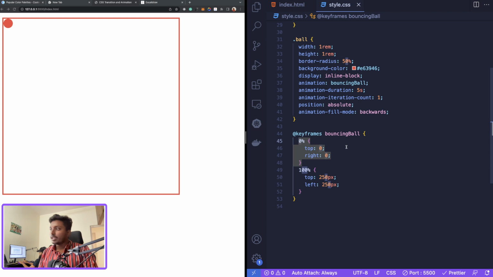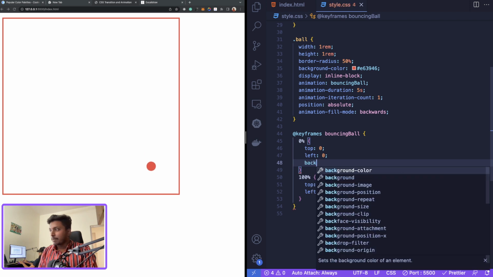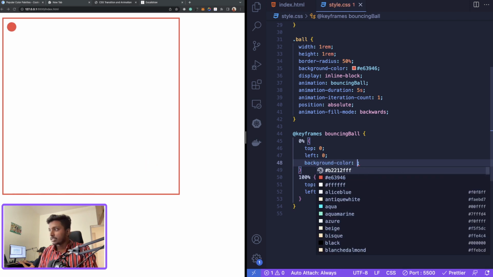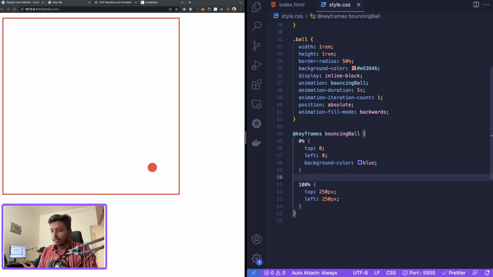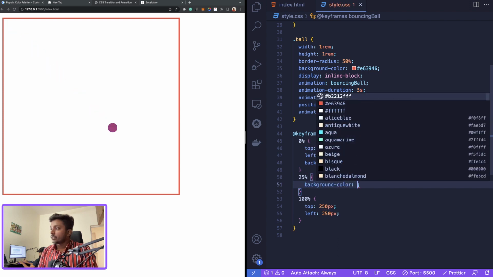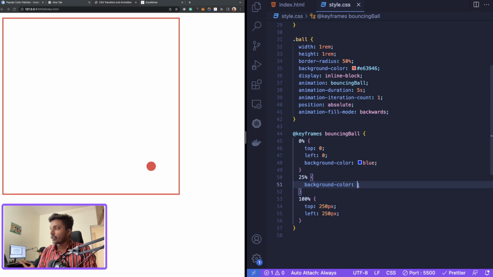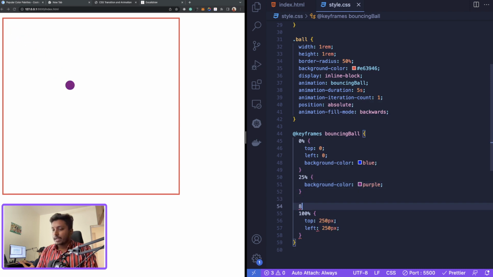Okay, and let's change it to left because it's actually strange. It goes to right and then left again. So we'll change the background color to blue, and then we'll also add a keyframe around 25%. Okay, so here we'll change the background color to red. We already have red, right? We'll say purple, and we keyframe at 80%